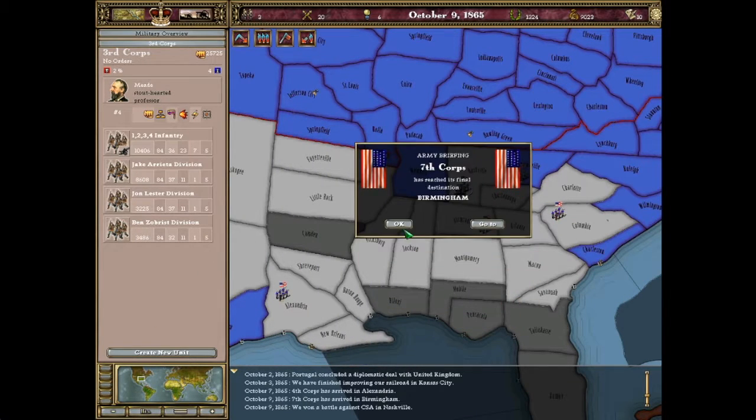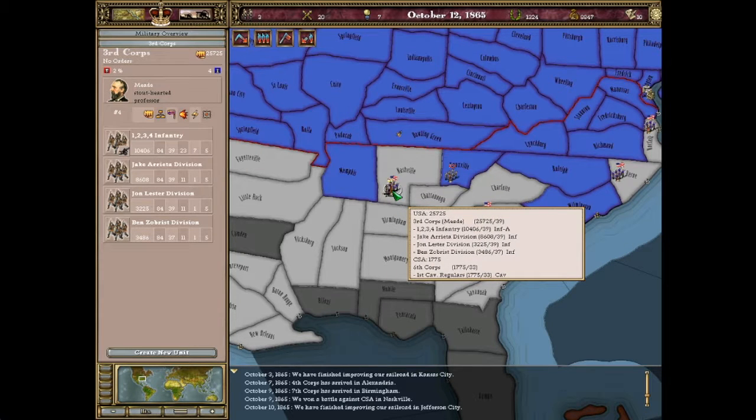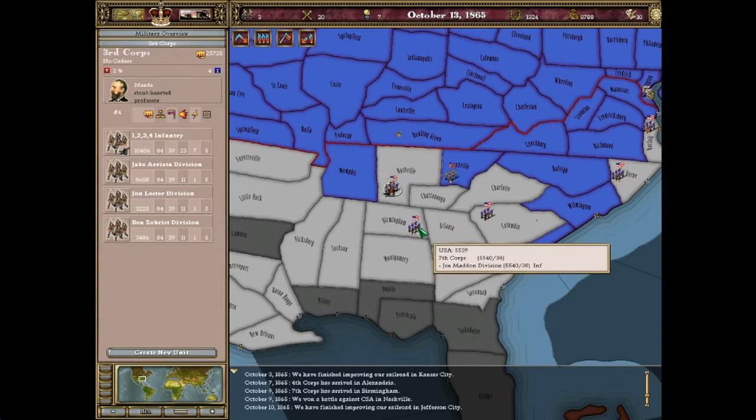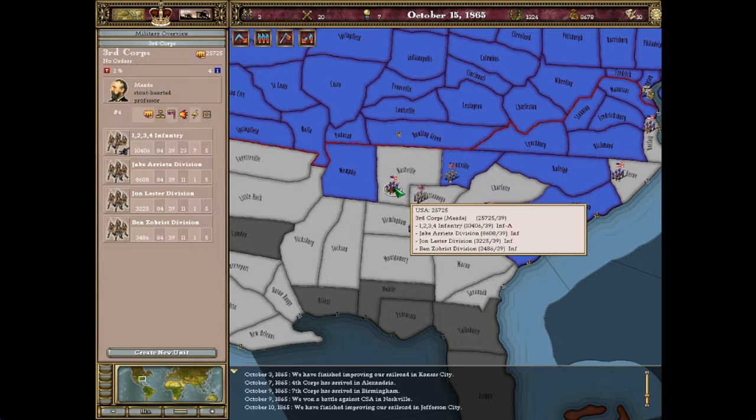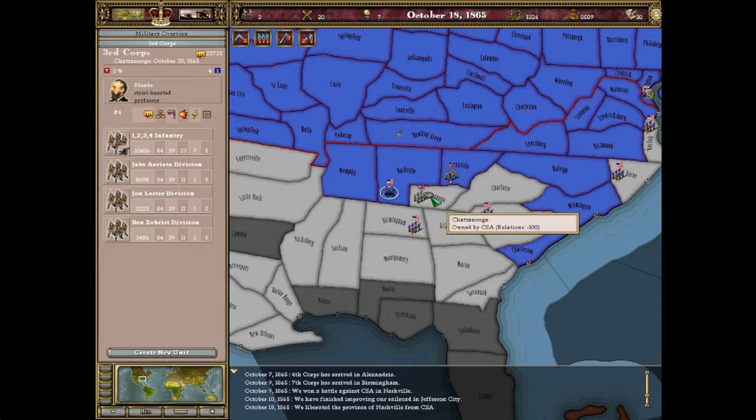All right, we won in Nashville. So that division is going to be retreating. I assume they're going to retreat into Birmingham. If they retreat into Chattanooga, that's even better for me. They did retreat into Chattanooga. All right. Now we can go after them in Chattanooga. When we defeat them there, we will also have the added bonus of having cut off the division in Knoxville, which is not super concerning, but we'll want to wipe it out